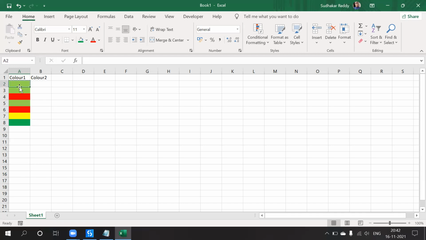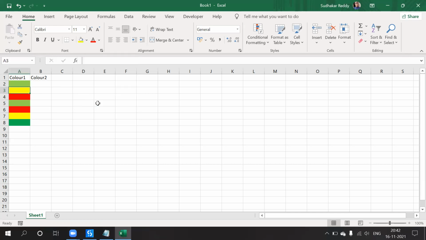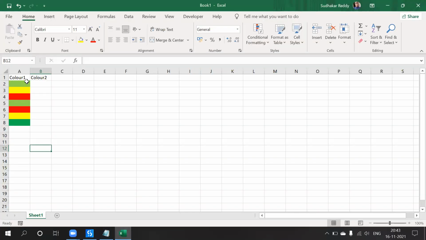Yes, I provided it, Hemant. So in the color 1 column, we need to fetch the number of rows in green color, number of rows in red color, or number of rows in yellow color.